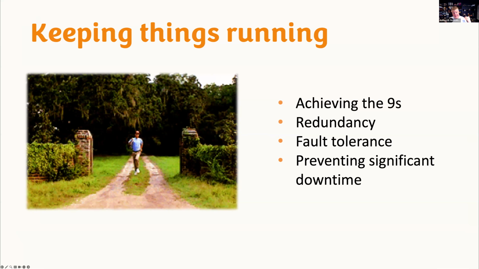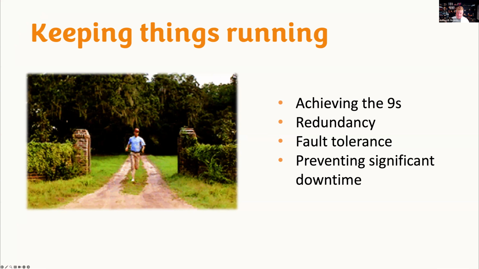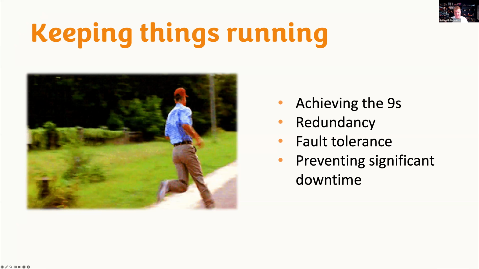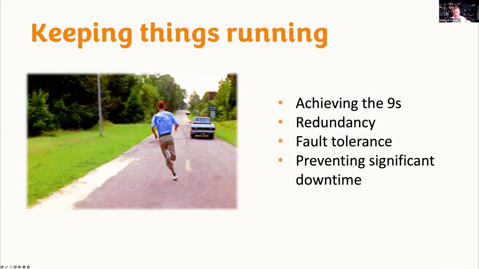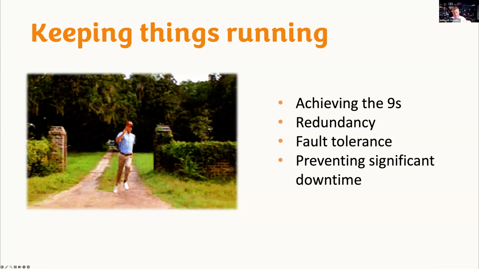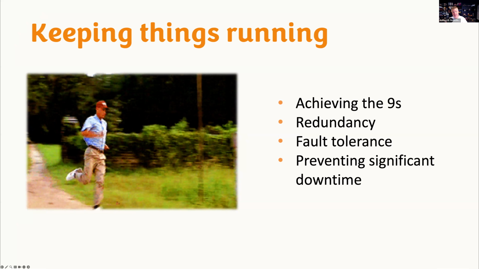Like Forrest, we got to keep this thing running all the time to protect our business. And that's the thing that we measure in the number of nines: 3 nines, 4 nines, 5 nines, 6 nines, and so on, right? Because that's going to be established by the redundancy of the system. We're going to build in some sort of physical redundancy to protect our system in the event of a failure,